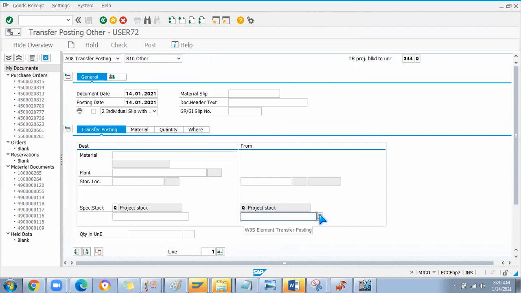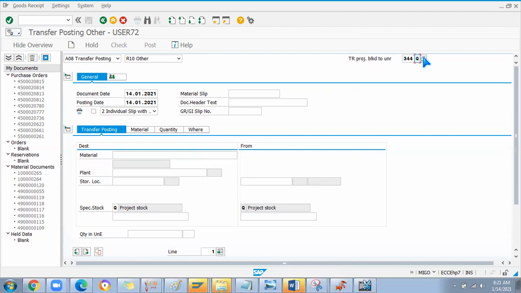For example, if you're dealing with any business where we have a WBS element, meaning work breakdown structure. One project you are handling, and you are splitting it into multiple structures, many elements, and each element you are going to run the process. Then you use that WBS element. Okay, this WBS element has this much stock, then you can move stock from one location to another location, like that. Okay, 344 will not be valid for our quality inspection stock to be blocked.